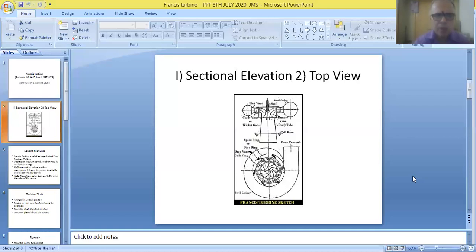And because of this, the blades of the runner will be getting damaged. So we have to make arrangements for removing the negative pressure of the liquid. Therefore, this draft tube, as shown in the first figure, is fitted to the outlet of the runner. This draft tube will be receiving the entire quantity of water coming out of the runner, and it will be raising the pressure energy of the liquid.